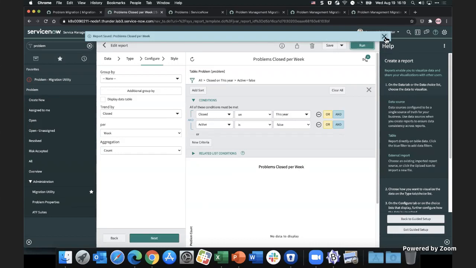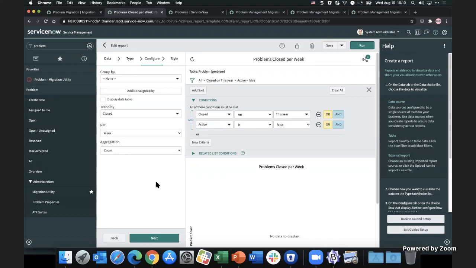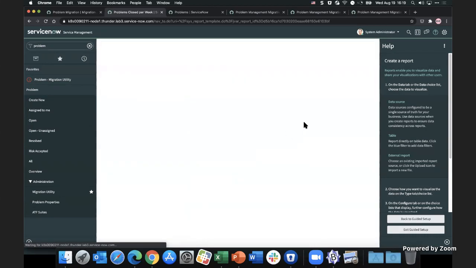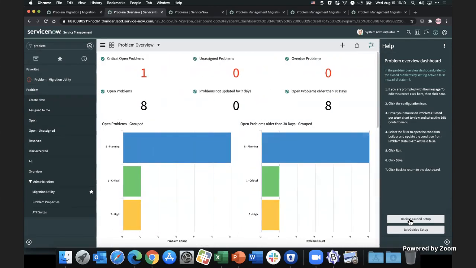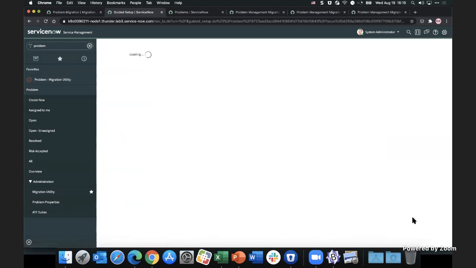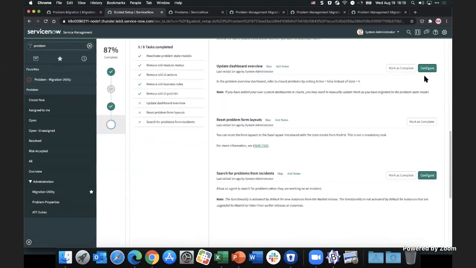And I don't have any recent data to show that because mine's kind of demo data. But then I just go back to the dashboard, close that menu down. And then we'll click back to guided setup at this point. And then because I've done that, I can just say mark as complete because we finished doing that. And again, if you've got any custom dashboards or charts, you would go and do the same thing on those